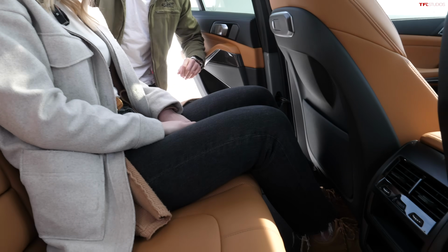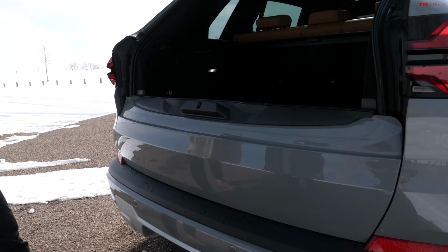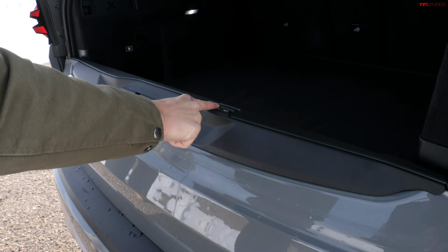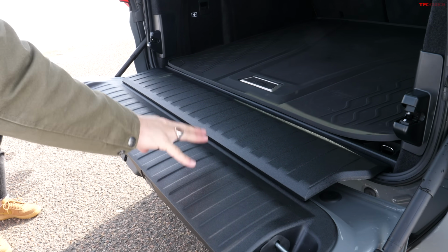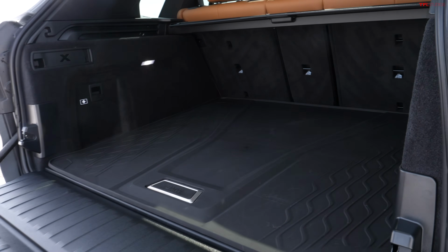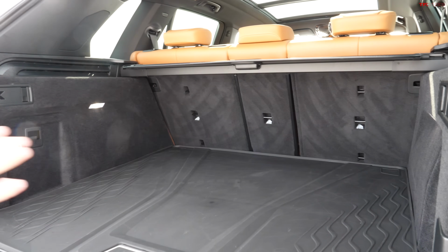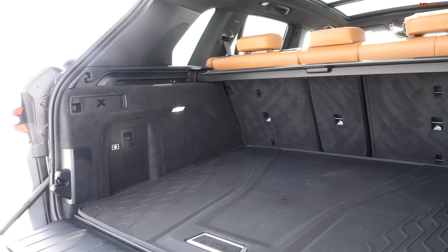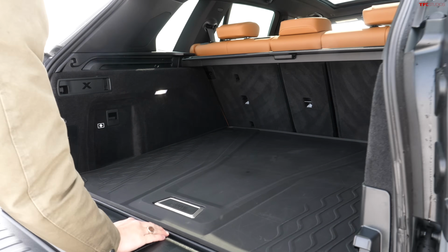No problems there. Now Case, one thing I've always loved about the X5 is the split. Go ahead and pop that down for me. Yeah, I do as well. Having the split tailgate is a pretty nice feature. It gives you a place to sit, and it's just kind of a cool operation. And then opening up, we've got a decent size rear cargo area, nothing too crazy going on back here, but